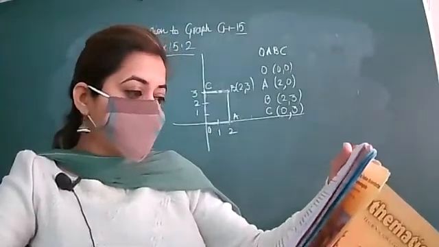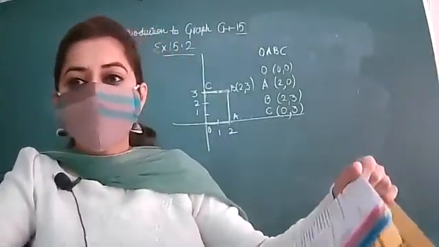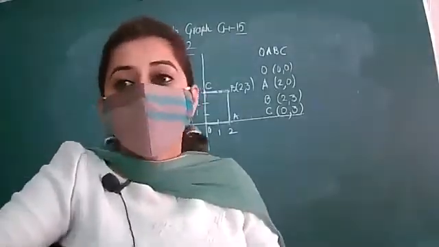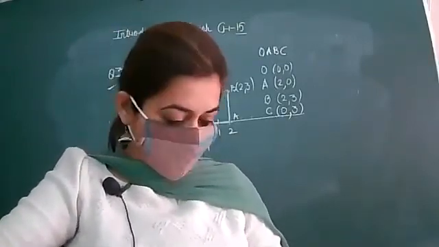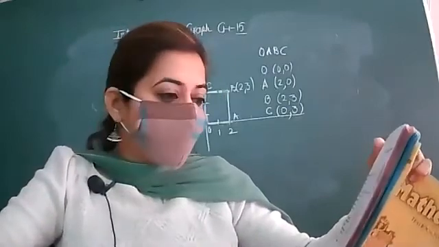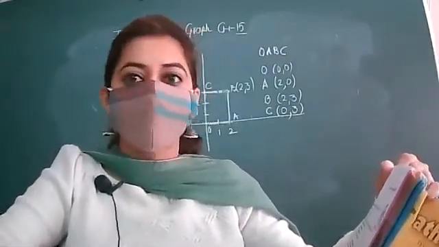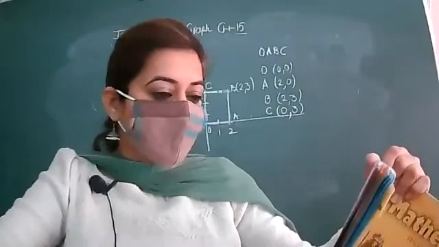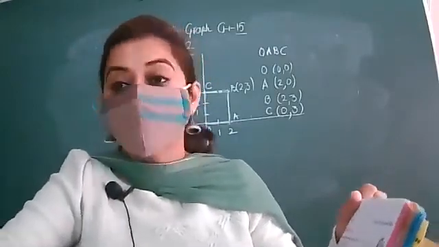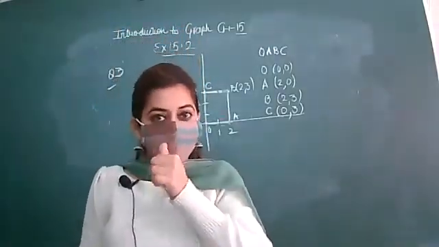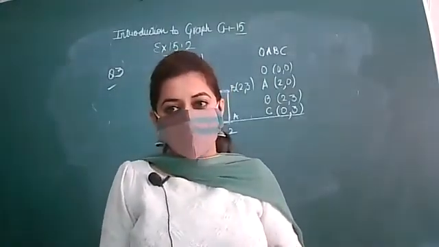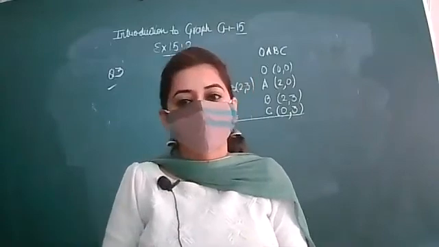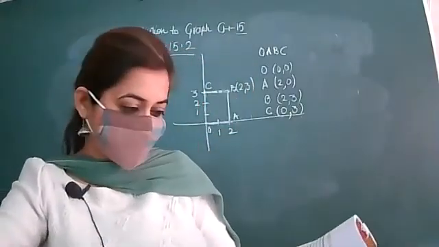The second part is a point whose y-coordinate is 0. If the y-coordinate is 0, then the point must lie on the x-axis. It is written here: a point whose y-coordinate is 0 and the x-coordinate is 5 will lie on the y-axis. So it's false, because if the y-coordinate is 0, then the point must lie on the x-axis. So the second statement is false. It should lie on the x-axis.